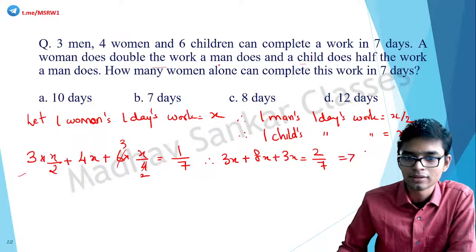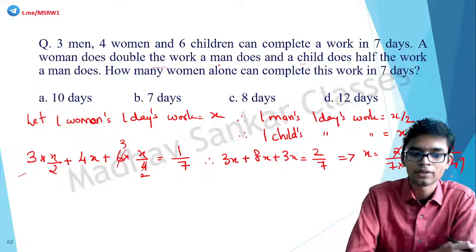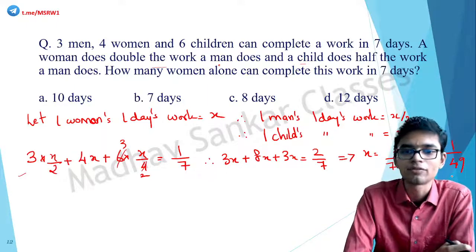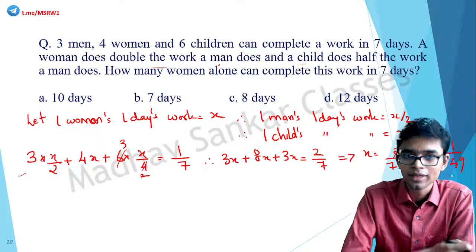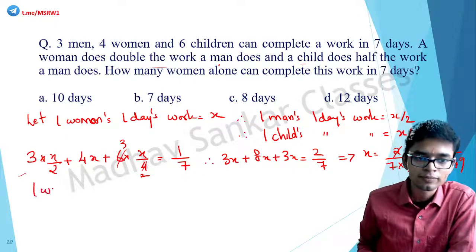Implies x is equal to 2 by 7 into 14. So this is equal to 1 by 49. The value for x is 1 by 49. Okay, so 1 woman